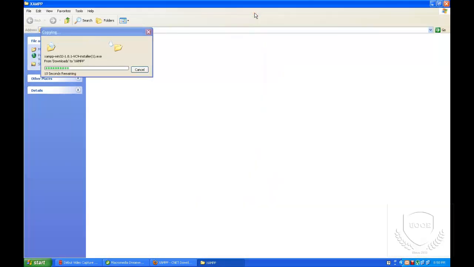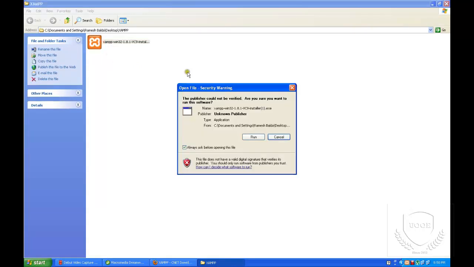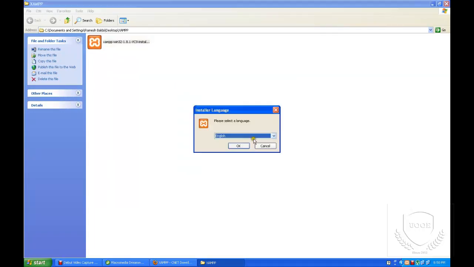So it is lightweight. If you download this, it takes just one or two minutes to download from online. It is very lightweight and the installation process is very easy. It doesn't need any huge process for installation. It's just a matter of four to five steps. So this is my XAMPP. When we download it from online, it will show like this. Just double click, and it will ask to run. Just click on the run button, and it will ask you to select a language.